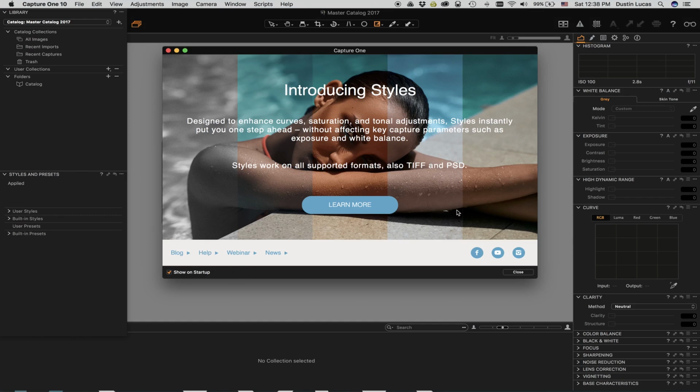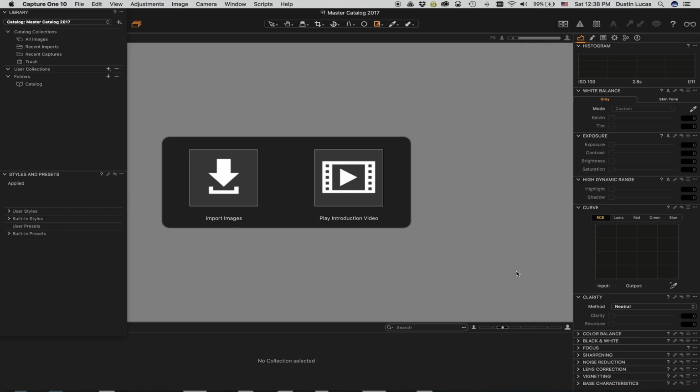It's got a bunch of tutorials for you to go through and learn more about the software. We don't need to go through that. I'm just going to go through the main points, the basics, how to transition into Capture One. Once we click on close here, now we're in a familiar phase. We're looking at a blank